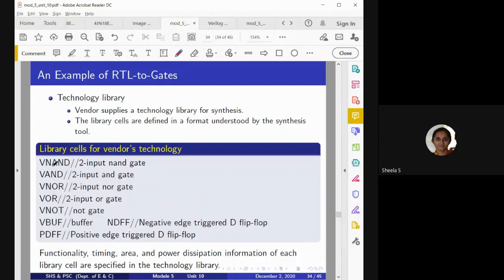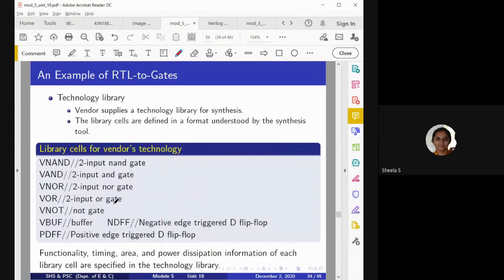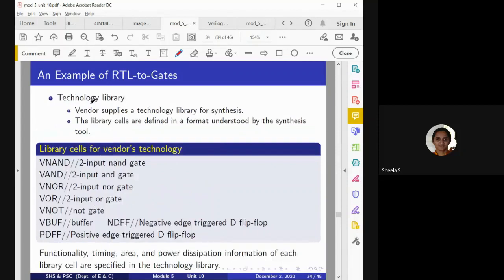If the vendor is not giving these primitive gates, it cannot construct this operation, and in that case we cannot get the required output. So this technology library will check whether the vendor has supplied the corresponding primitives in the library. If the library cells are defined, then they should be understood by the synthesis tool.